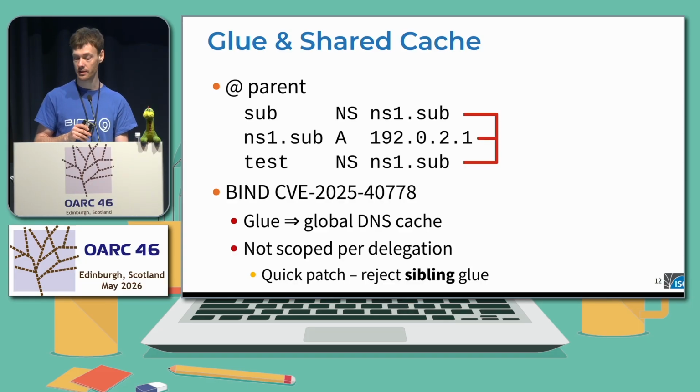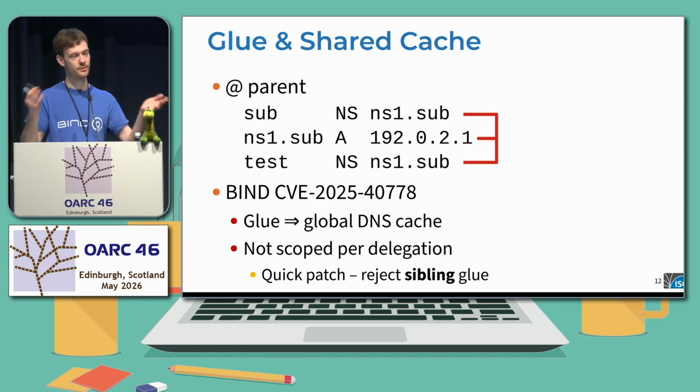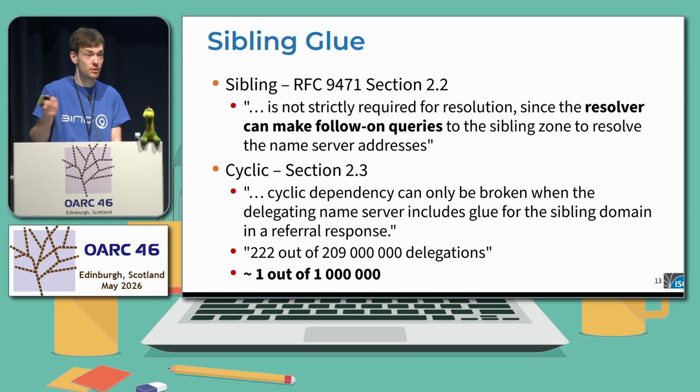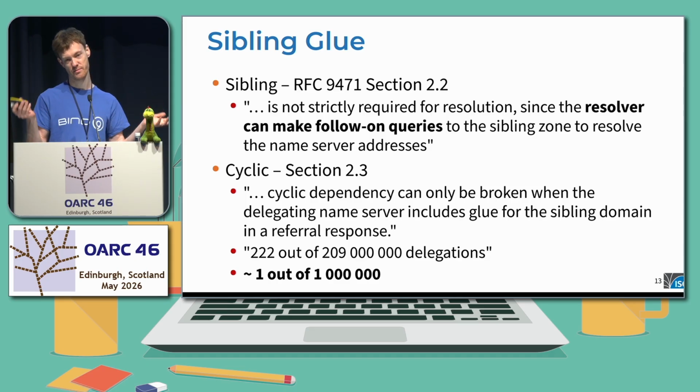And now the trouble was, okay, so how do we fix this? Because it's in the DNS protocol, and we don't want to re-architect the architecture in a CVE fix. We like to have the fixes for security issues minimal. And so we ended up with the idea of rejecting sibling glue, which according to the RFC is fine, because the resolver is able to make a separate query for that glue name and get it separately, and it should work. That's what the RFC says. With the exception of cyclic sibling glue, which reportedly back then affected 1 delegation out of 1,000,000. So it was like, yeah, maybe good enough for a CVE fix.